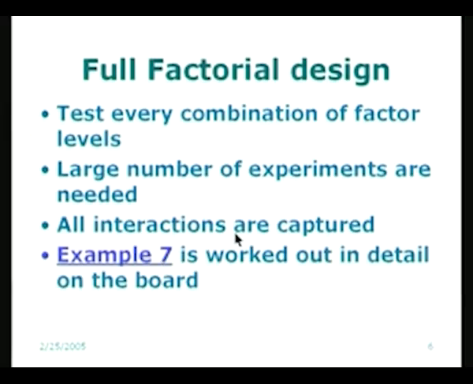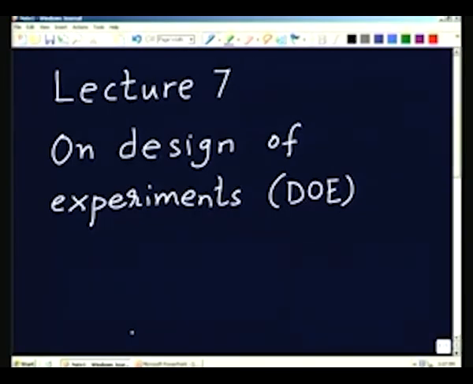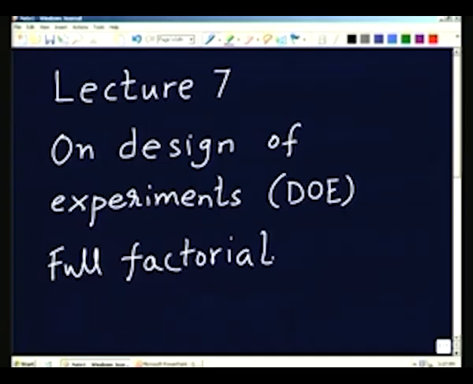Example 7, I am going to work it out on the board. It will become clear as to what we are talking about. So, the advantage of a full factorial design is that it is going to give you information about all the parameters or all the factors which are going to decide the outcome of the experiment. So, let us get on with the idea of full factorial design, and let us explain the basic things about full factorial design, and I will work out the simplest example